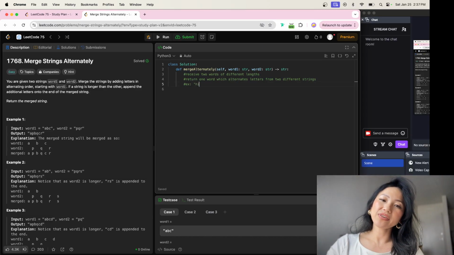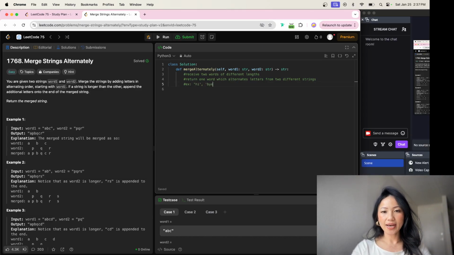So if I have two different strings, hi and bye, then I would anticipate it to be H, B, I, Y, E. And as you can see, we started from the first value, and then we added the first value from the second one, alternating in between those two words, which gets us to this output. So